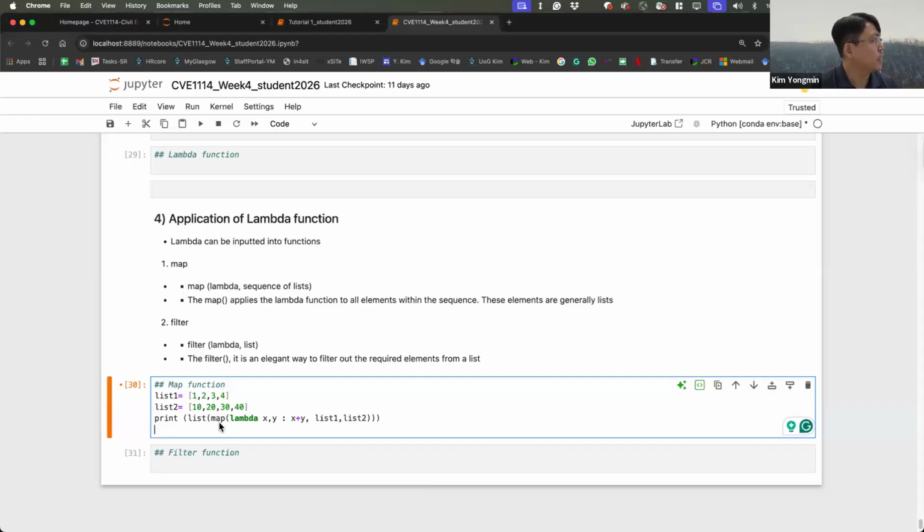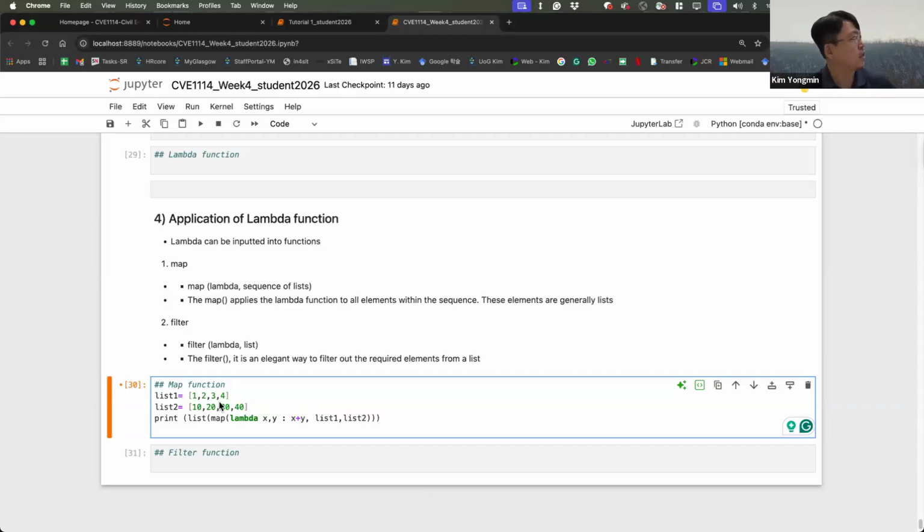Lambda mapping means we have two variables, and the function of the lambda is x plus y. It means two values will be summated, but x should be in list 1 and y should be in list 2.